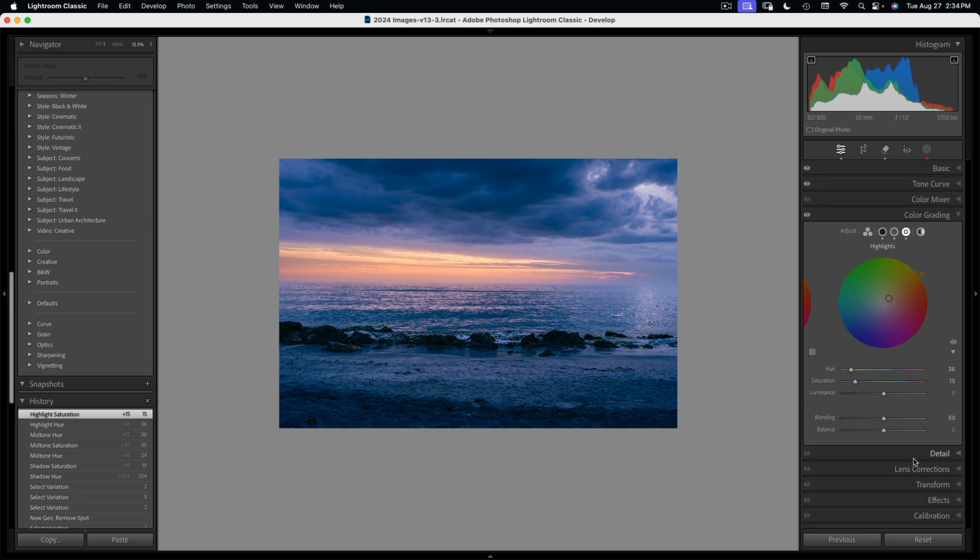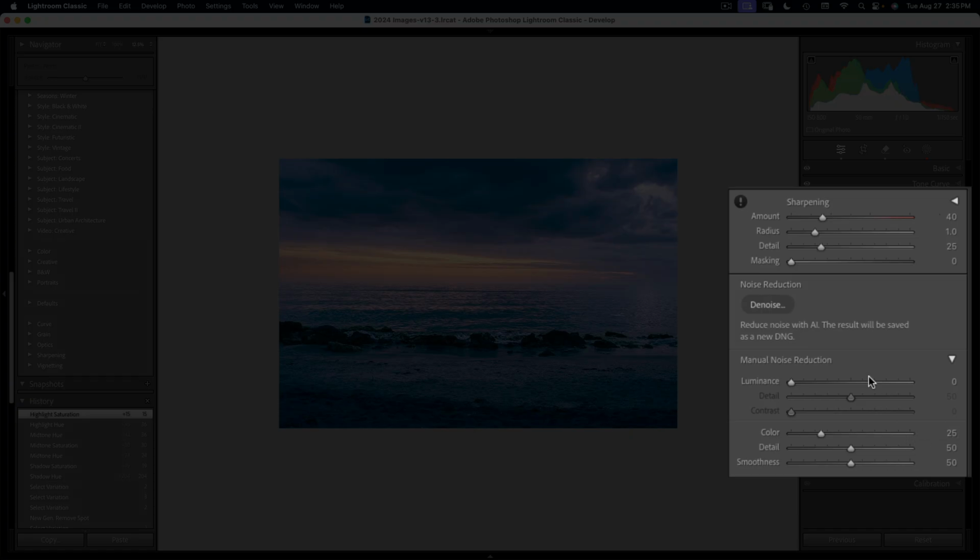Let's go down into detail and do some sharpening. I turn the radius all the way back to 0.5. Increase the detail to 100. And sharpening, I'm going to go to about